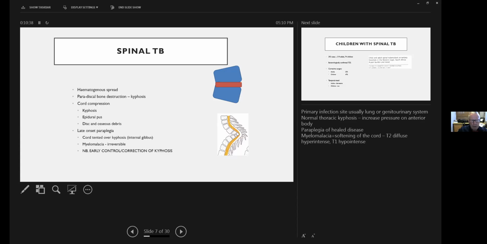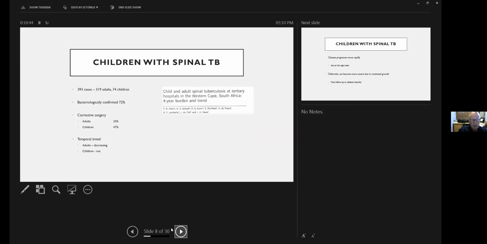Anyway, so it is important to control or correct this kyphosis. So that's really what I'm trying to say. Okay, the article from the Western Cape over a 4-year period looked at a whole lot of consecutive cases. The point I'm really sharing this for is to look at the need for corrective surgery and the temporal trends